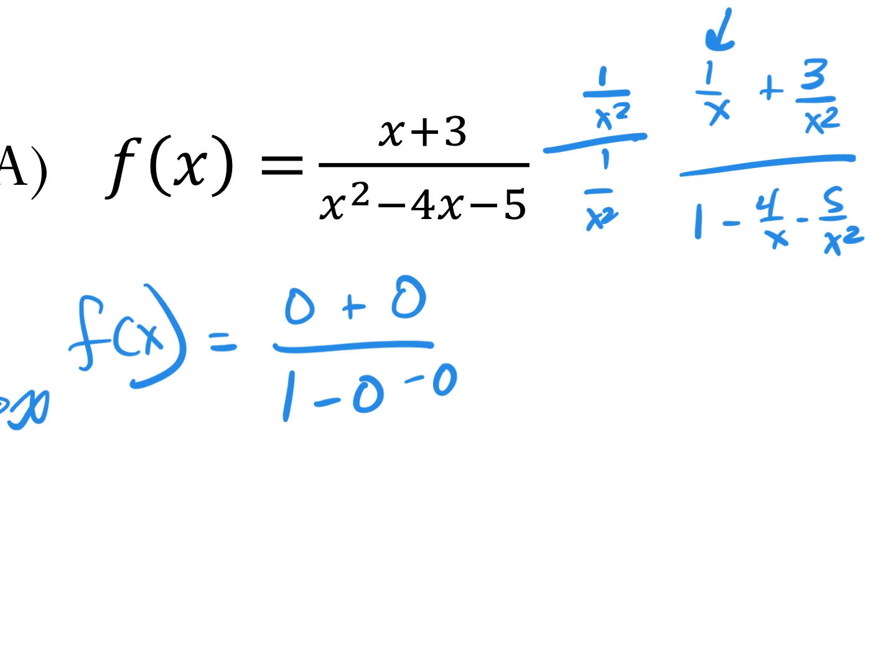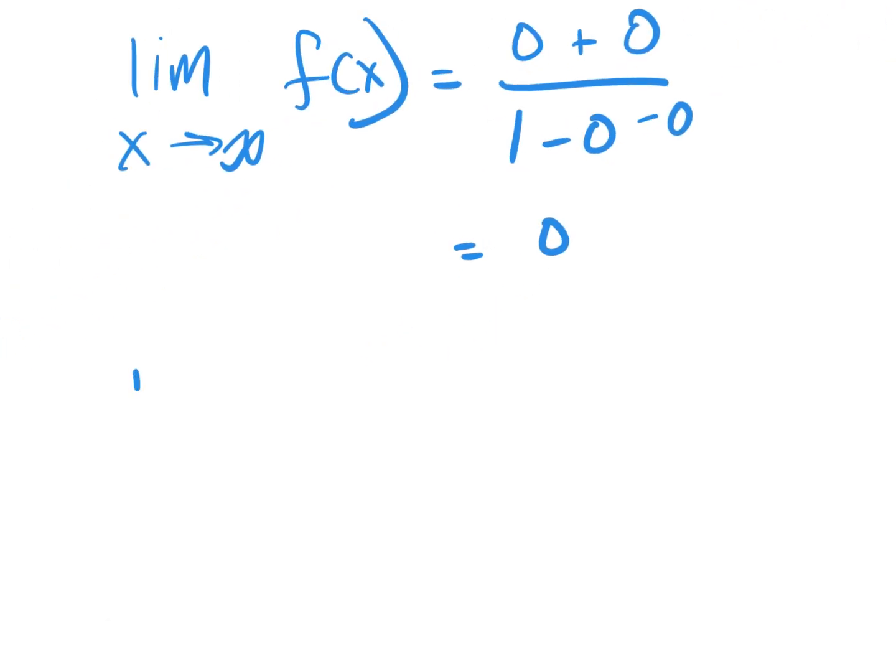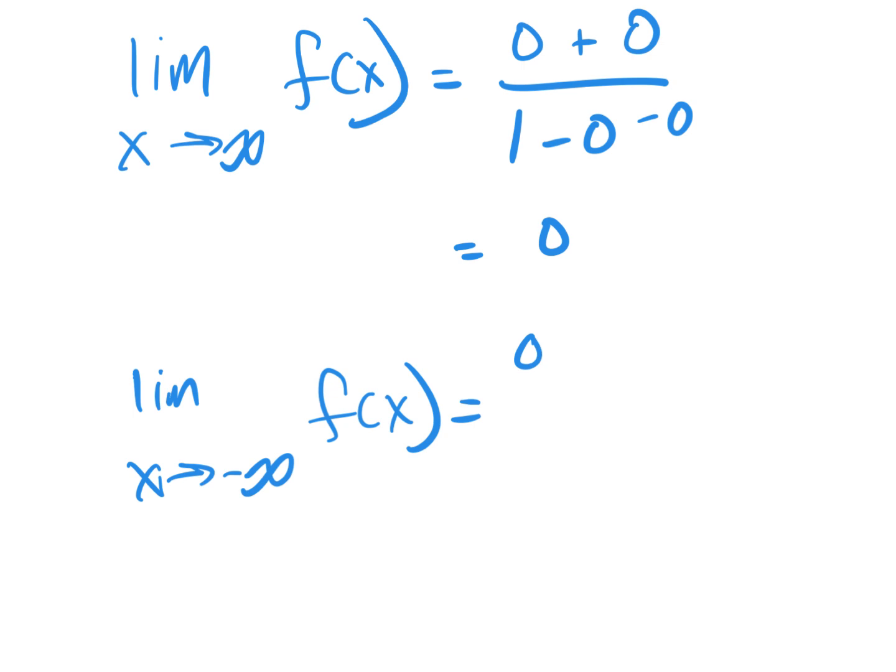So now we've done an algebraic manipulation that doesn't get in the way of not being able to use L'Hopital, and still lets us use those basic limit rules. And I get 0. And then I'm going to take the limit as x approaches negative infinity of f of x, because it is possible